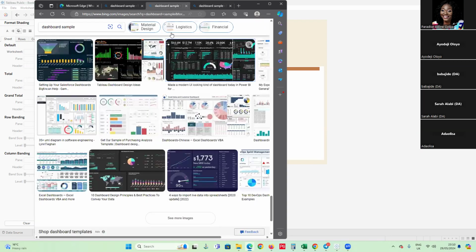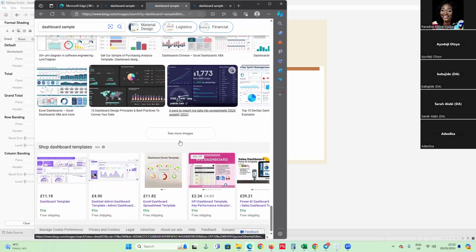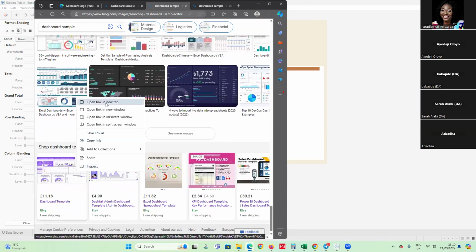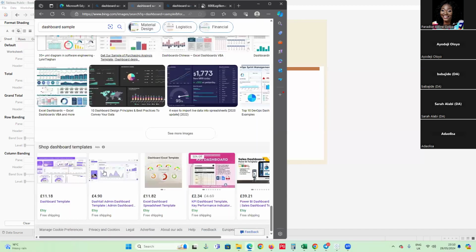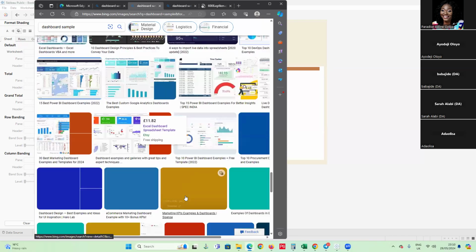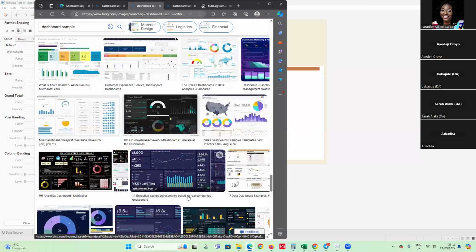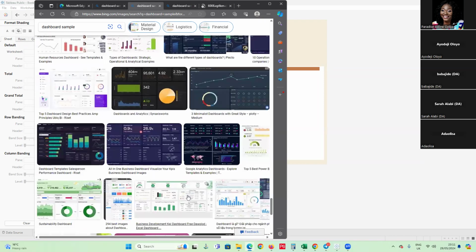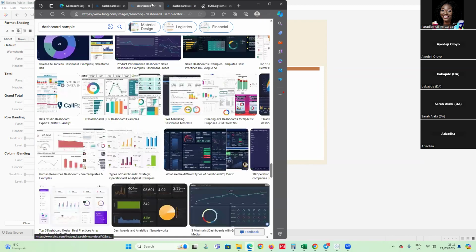Not too many colors. Even with these ones, you don't want to use more than three colors, trust me. This is just two colors. So if you just keep checking, you see some dashboards that are nice. If you check YouTube also, you see some people make dashboards that are really nice. A very good place to check is